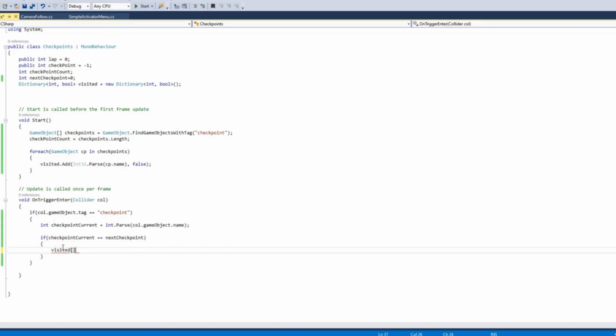an index inside the dictionary like this. This is the name of the dictionary and we can use here checkpointCurrent, and first let me make it true, then I will explain.